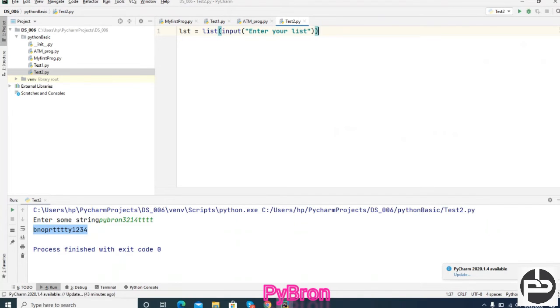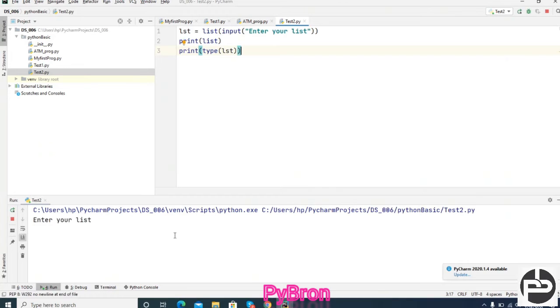Now print the list, that's all. Next, print type of lst. Let me execute this code, and I am going to pass the list like 1, 2, 3, 4, 5, 8, that's all. And I am executing this. It's a list class because we converted it into a list.